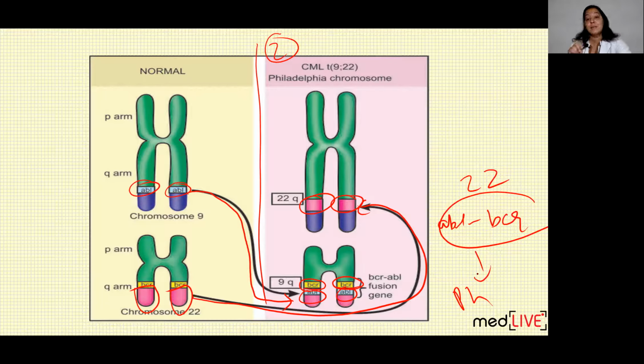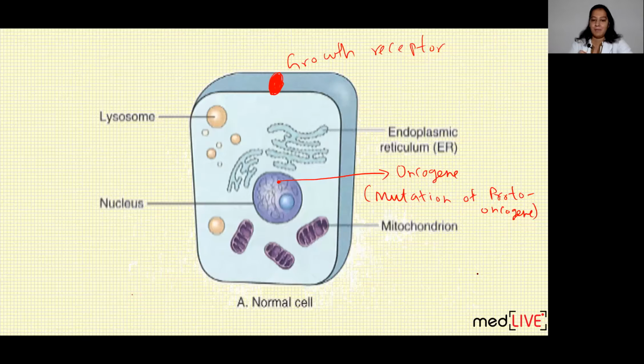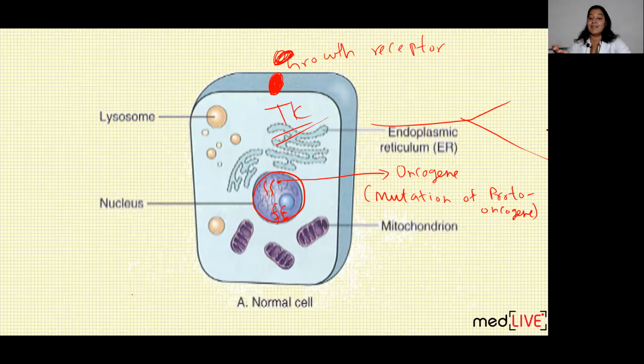So what is happening? Because of this new gene, just imagine this is the nucleus. Inside it, this is the pair of chromosome 9 and this is the pair of chromosome 22. Initially, ABL was present on 9 and BCR was present on 22. But now ABL and BCR both are present on 22. So on chromosome 22, a fusion gene, a new gene, is formed, because of which the enzyme tyrosine kinase is permanently activated. So even in absence of growth factor, it will cause cell division, because the tyrosine kinase gets permanently activated, uncontrolled mitosis occurs and it will lead to cancer.